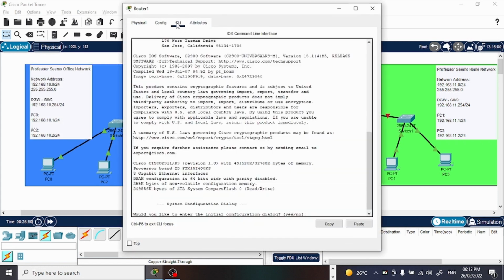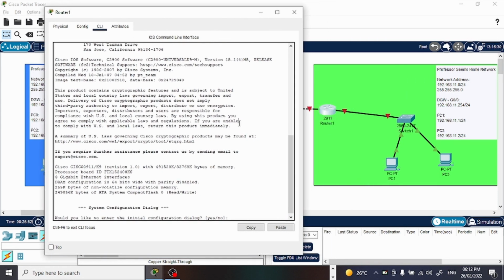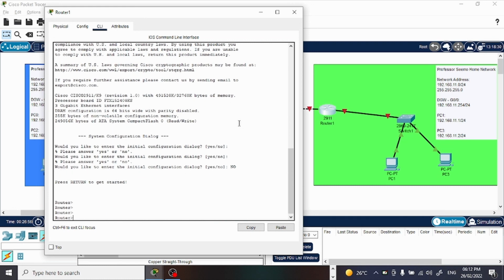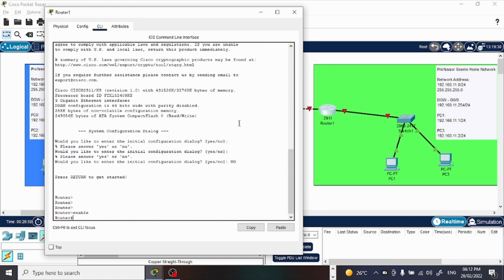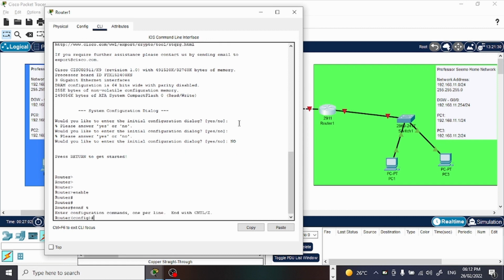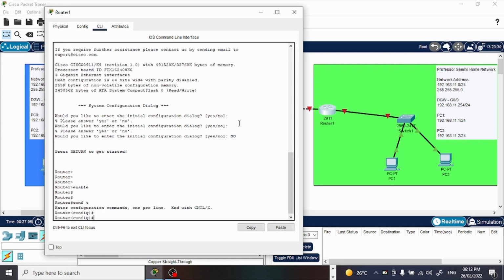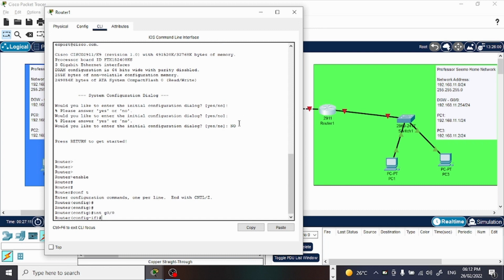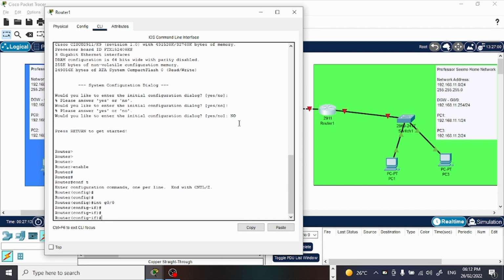First, go to your router, CLI, say no, press enter 2 or 3 times, then the enable command to go to the privileged exec mode, then conf t or configure terminal to go to the global configuration mode. Now from here you can go to the interface G0/0,